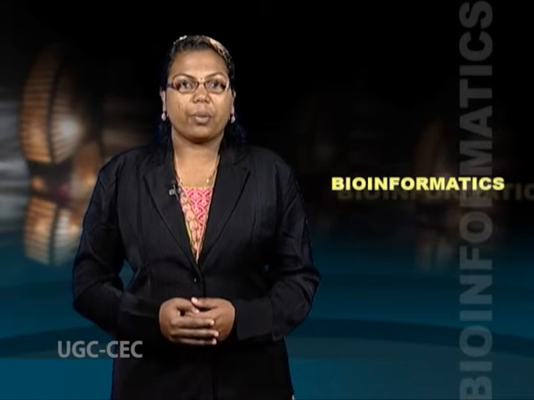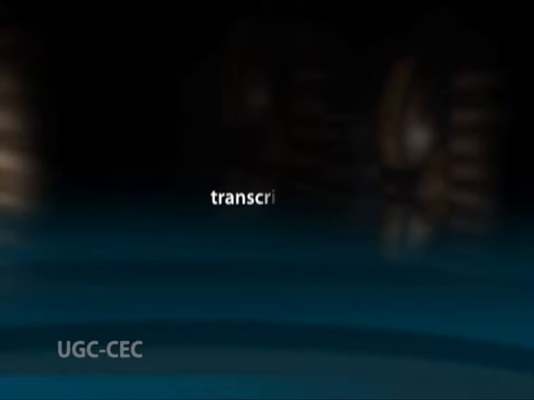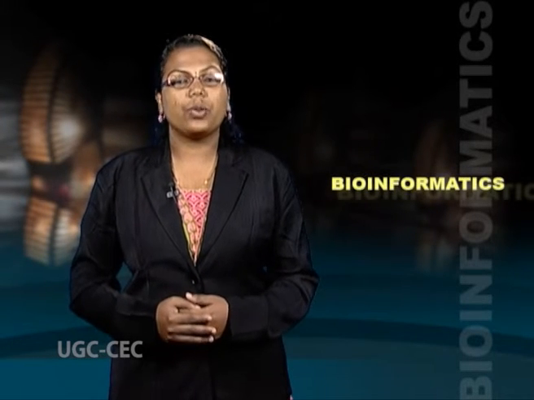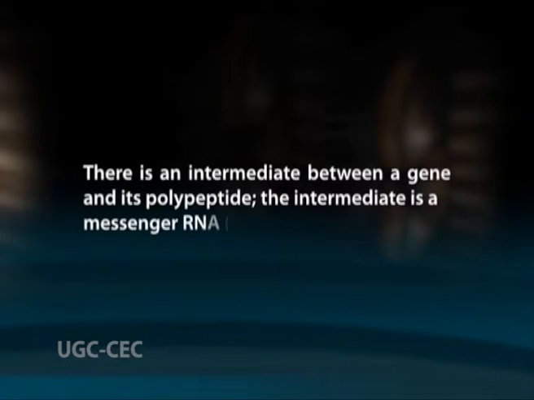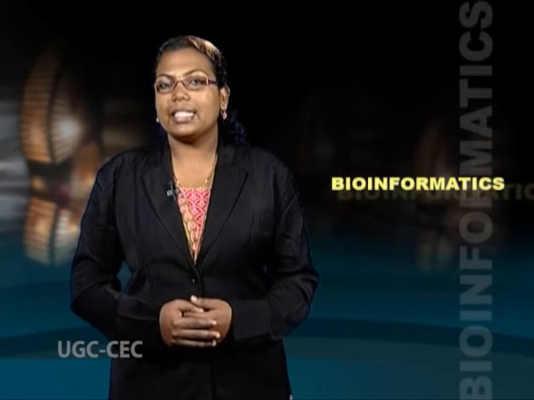Types of RNA. RNA is synthesized from DNA by an enzyme known as RNA polymerase during a process called transcription. Studies carried out in the 1950s uncovered the relationship between genetic information and amino acid sequences, but this knowledge by itself didn't provide any clue to the mechanism by which a specific polypeptide chain is generated. As we now know, there is an intermediate between a gene and its polypeptide. The intermediate is messenger RNA, that is mRNA. The discovery of mRNA was made in 1961.